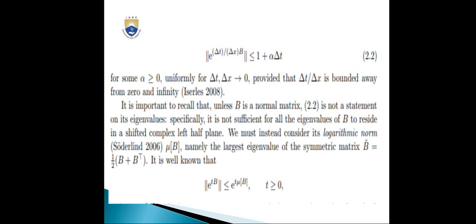It is important to recall that unless B is a normal matrix, 2.2 is not a statement on its eigenvalues specifically, and it is not sufficient for all the eigenvalues of B to reside in a shifted complex left half plane. We must instead consider its logarithmic norm (Söderlind 2006), μ(B), namely the largest eigenvalue of